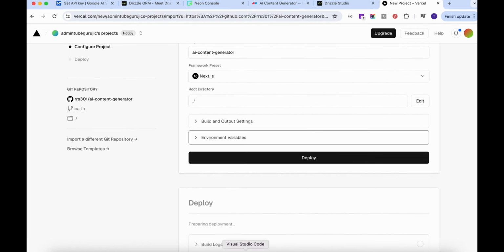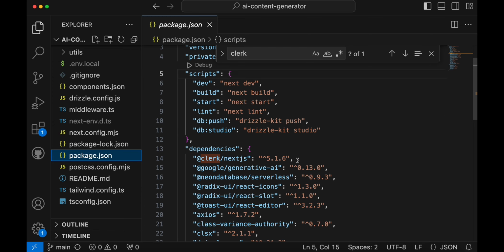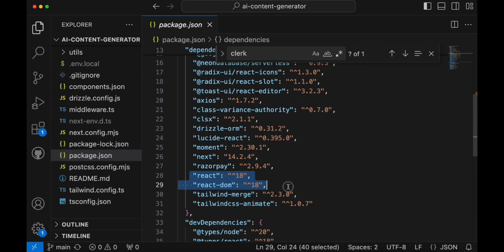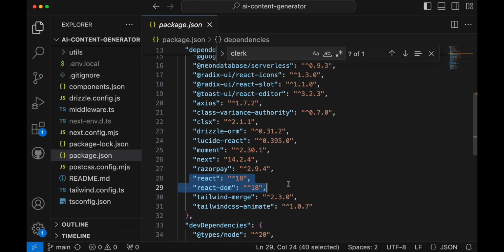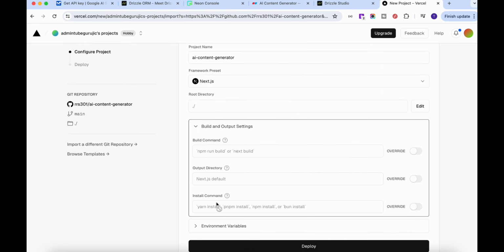Now one more important thing, if you notice, many of the applications or many of the libraries we used to install with --force, because our toast ui editor library is not compatible with React 18. That's what I just observed, okay, and obviously if you want to replace this editor with a different editor, you can do that, but in order to fix this issue and keep everything as it is, without affecting anything, not even a single performance issue, under this build and output settings,